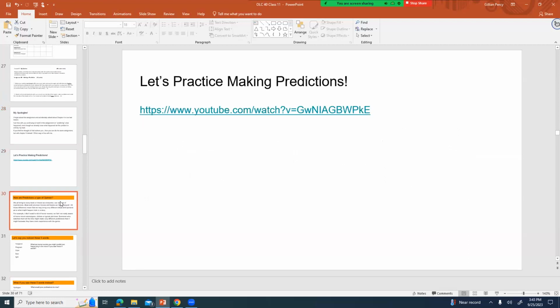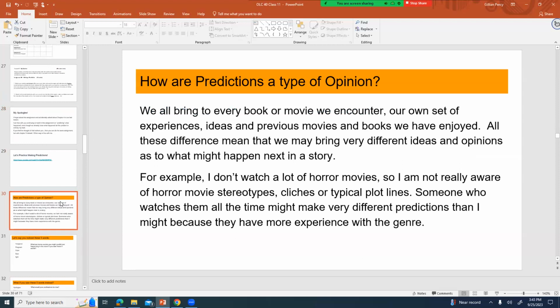Oh, hang on. We're going to go back to that. How are predictions a type of opinion? Because they don't seem the same. But here's the thing. We all bring to every book or movie that we encounter our own set of experiences, ideas, and previous movies and books we've enjoyed. And all these differences mean that we may bring very different ideas or opinions as to what might happen next